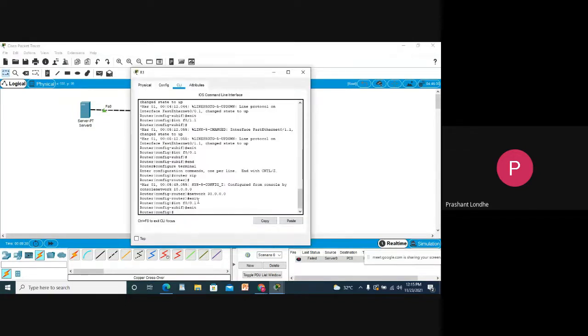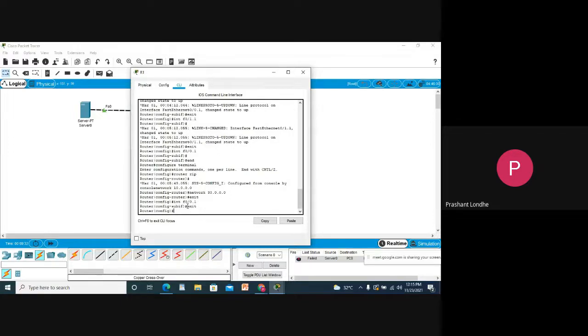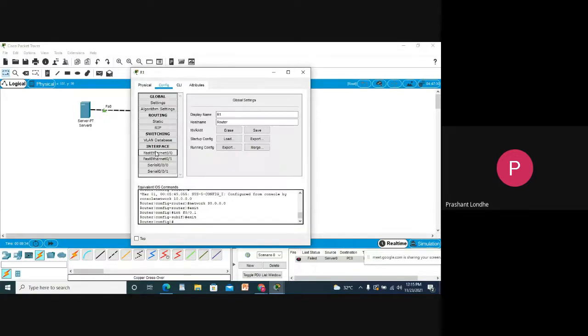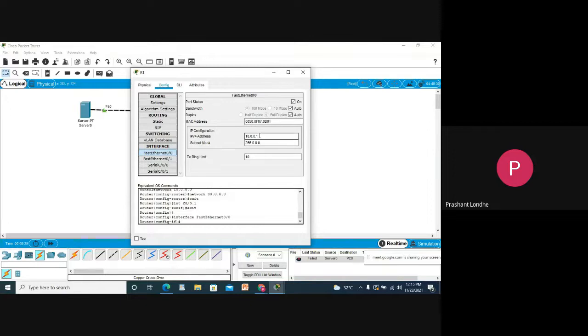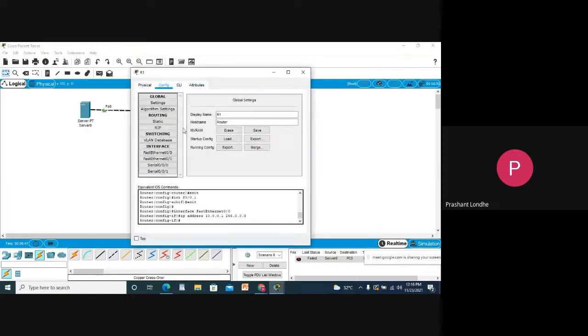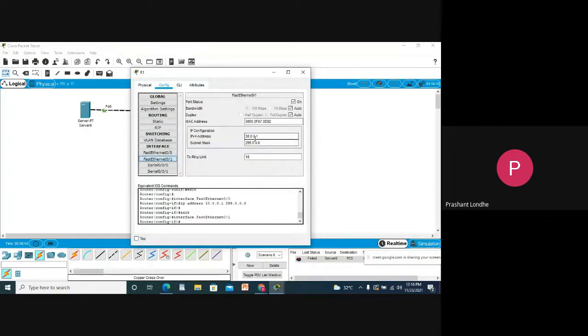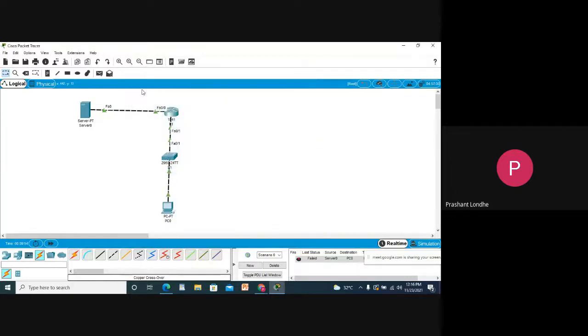For the router, we need to set the FastEthernet 0/0 port IP as 10.0.0.1, with subnet mask 255.0.0.0, and the port status on. For FastEthernet 0/1, it will be 30.0.0.1, and you need to make your port status on. So it will just forward your data to the server. This is a very simple kind of connection.